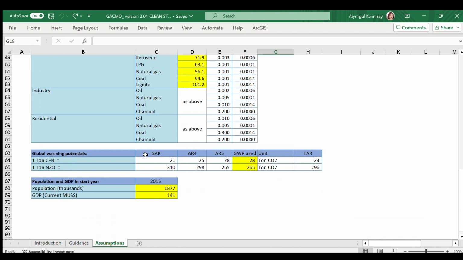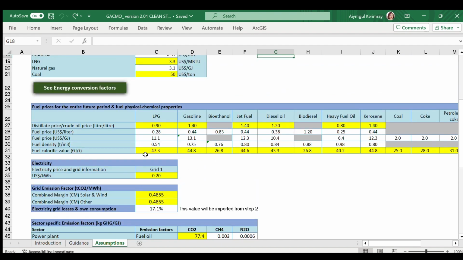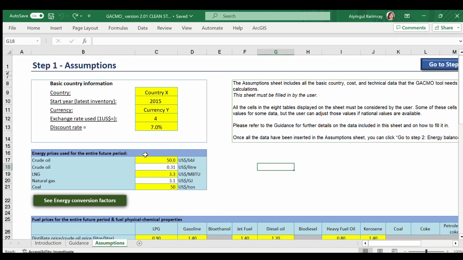The information provided in this sheet will be used by GASMO for estimating GHG emissions as well as estimating mitigation potential and costs. Please note that the user must fill in the data in the cells highlighted in yellow.